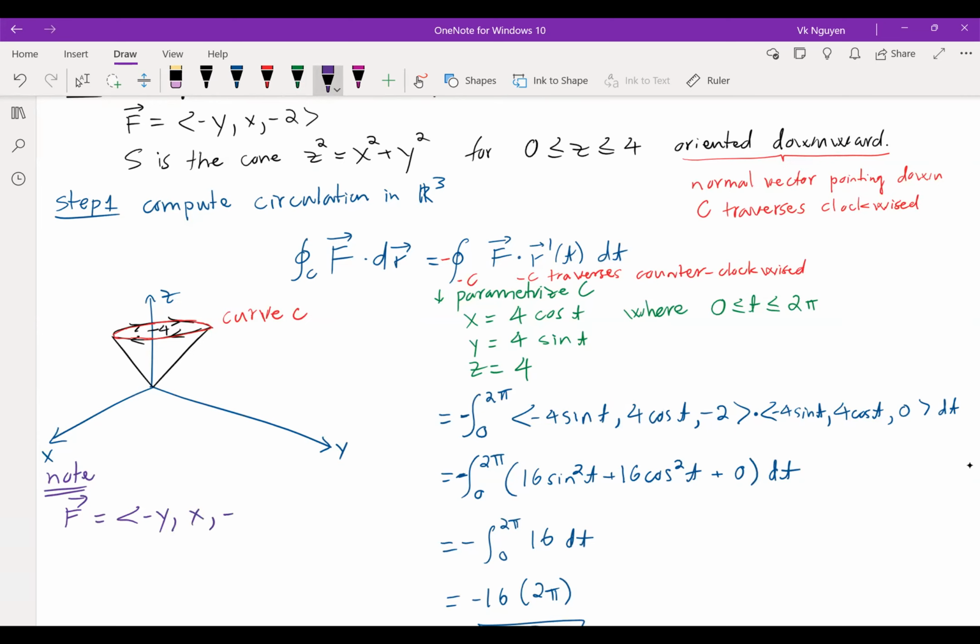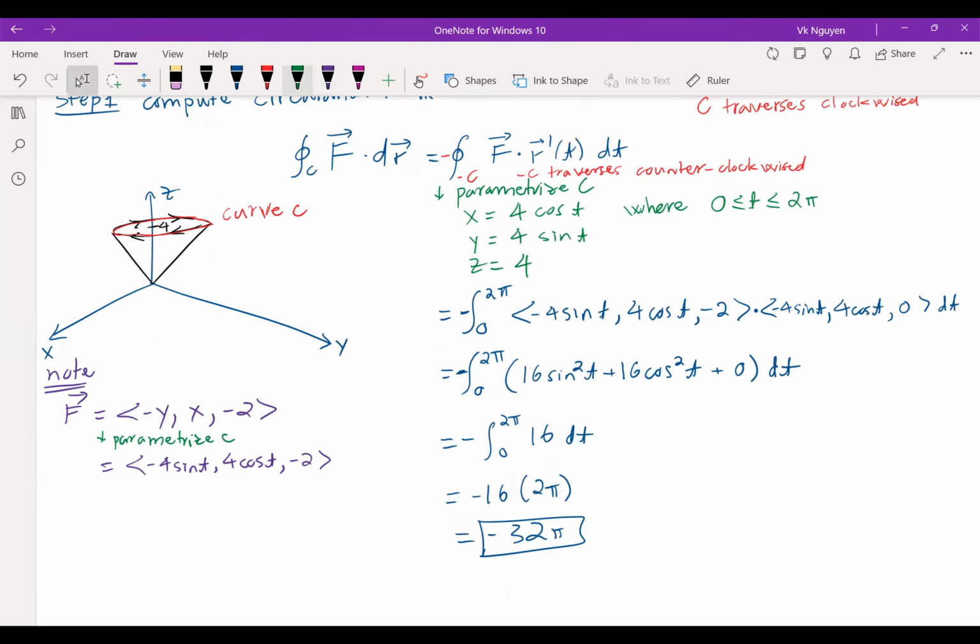We know F is the negative y, x, minus 2, right? And then here is going to be a parameterized C. So you have to use the parameterized C. And it would be minus 4 sine t, 4 cosine t, minus 2. So that's where I get the F, right? And then the r of t is,